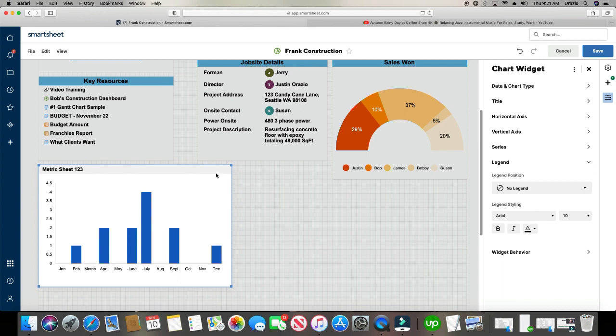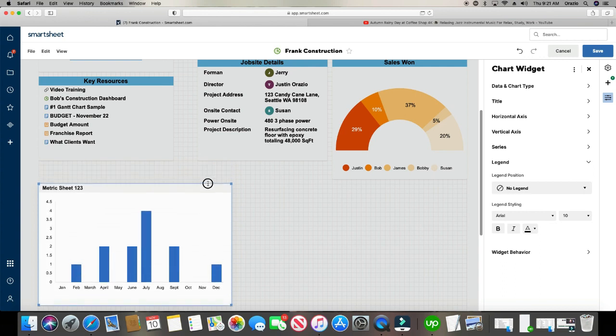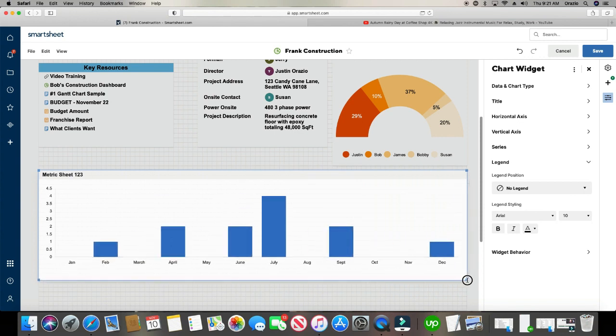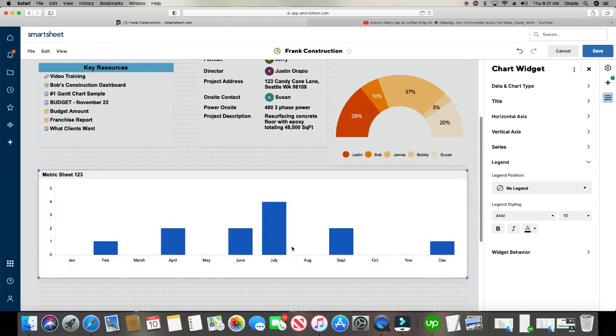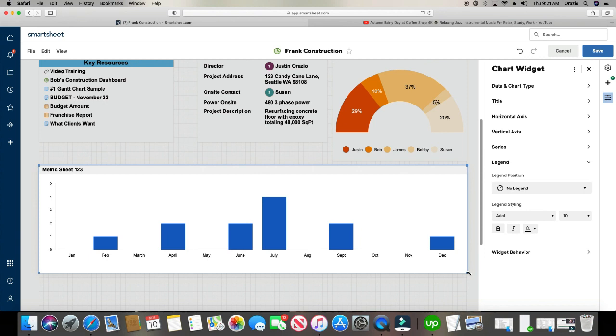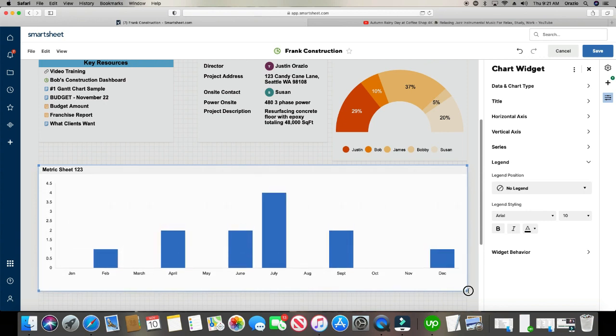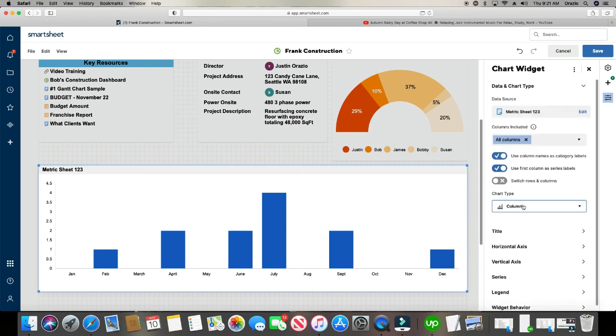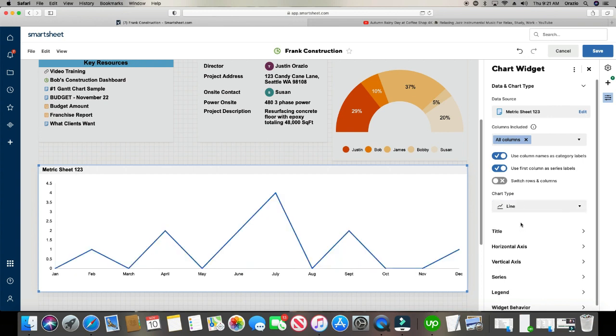And then I'm going to drag this out a little bit. And maybe I don't want a bar graph. Let's make this a line graph. So I'm going to go ahead and click Data and Chart Type. I'm going to click in the chart type here and click Line. And maybe I want the inside filled. So I'm going to